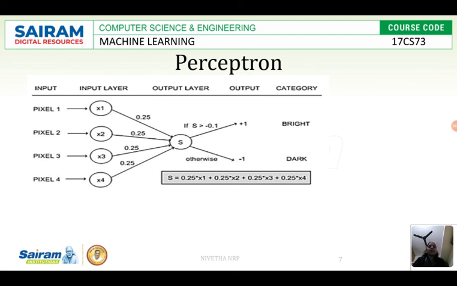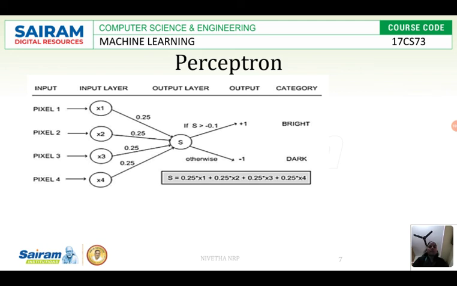And here the summation function takes place. Your input x1 will be multiplied with 0.25 and x2 will be multiplied with the second weight. You multiply all the weights and add the data with the common bias. After the summation function, you obtain a value.